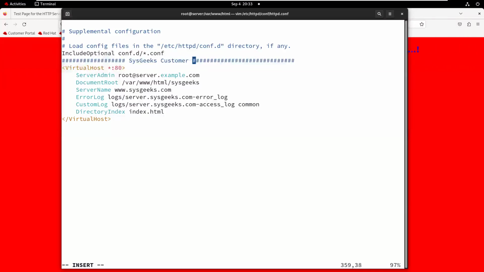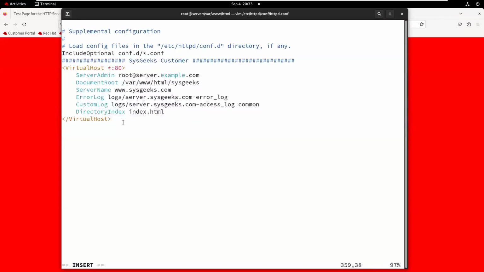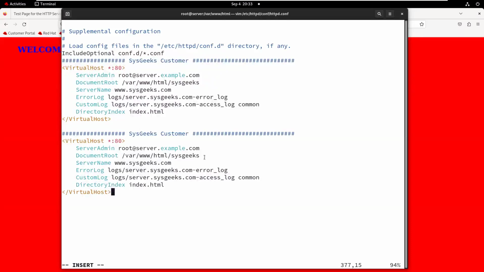In the same way, I want to host another website. Let me copy and paste the below options here. Now this website is for my customer GHMC, Greater Hyderabad Municipal Corporation.